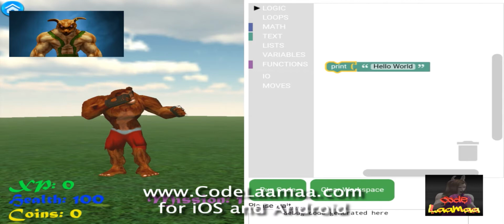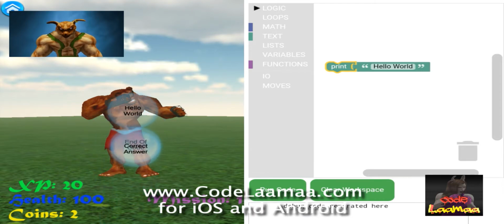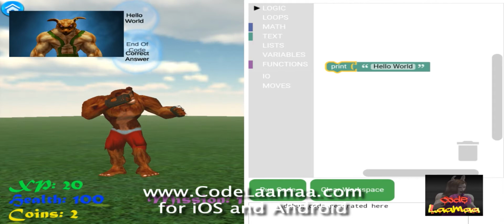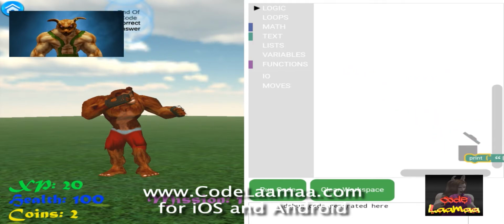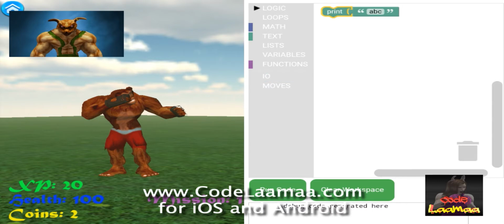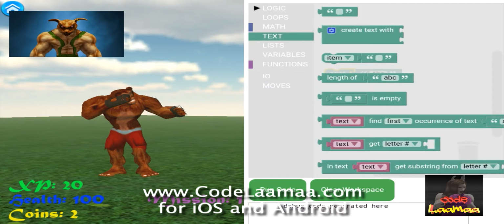Now let's hit Run Code and see what happens. And let's wait for the bubbles to disappear. Then we'll try something else. Let's throw that block into the garbage can and try again. So we click on I/O. Select our print ABC block again, and let's